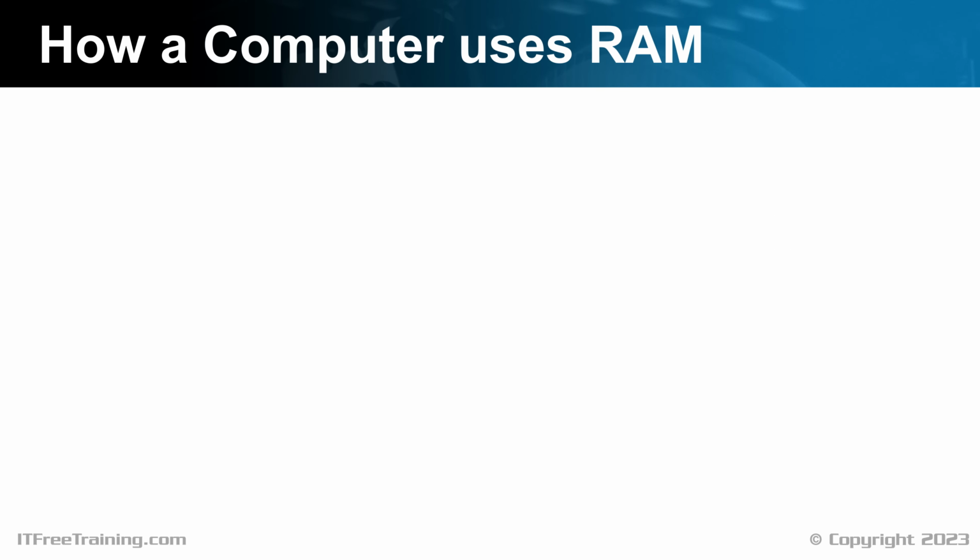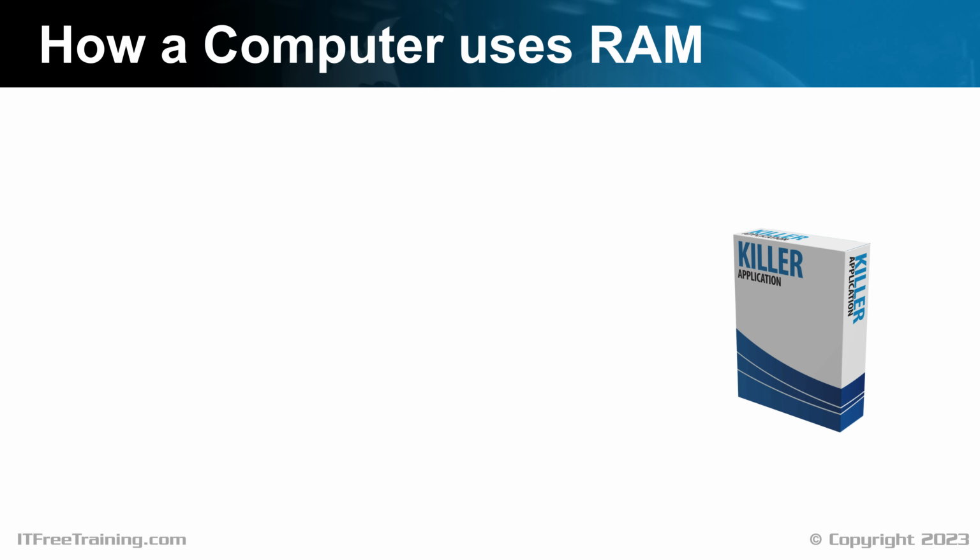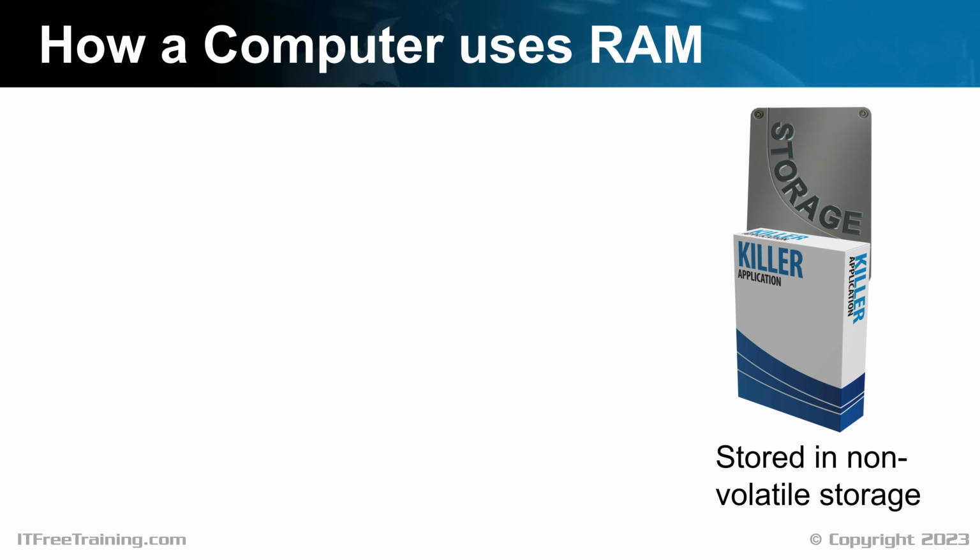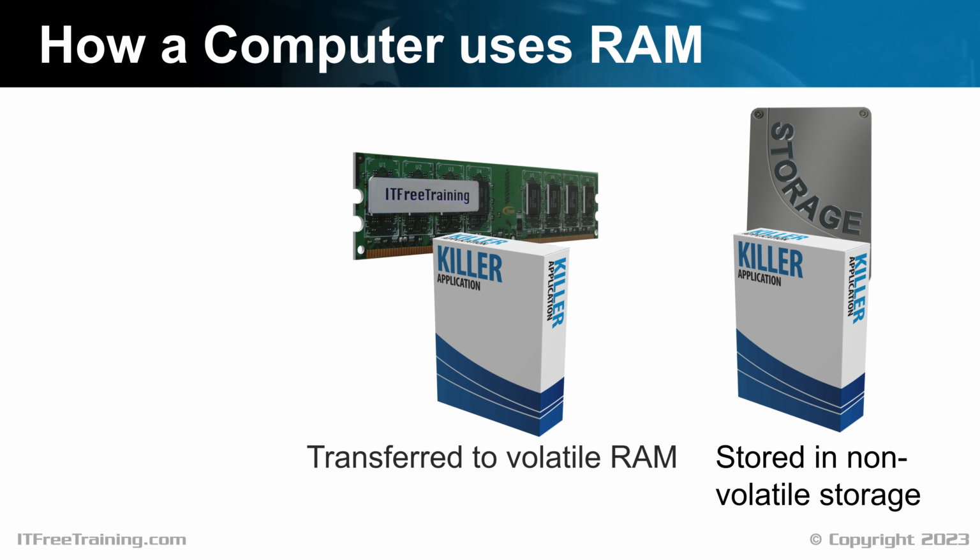Now that we understand the different types of storage, let's look at how the computer uses them. To start with, consider that you have your application that you want to run. The application is stored on the solid-state drive. This allows the code and the data for the application to be stored even if the computer is not powered for long periods of time. The next step is the application is transferred to memory. Being in memory allows the application to be quickly read. Any data associated with that application can be changed quickly. In theory, you could do this with secondary storage, however, it would be very slow and inefficient.